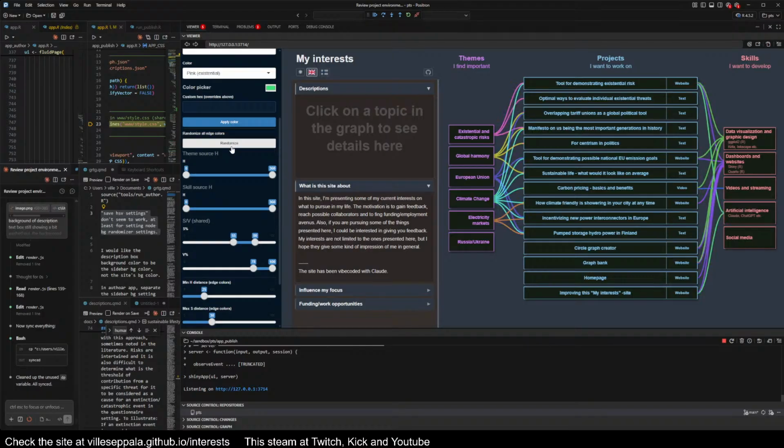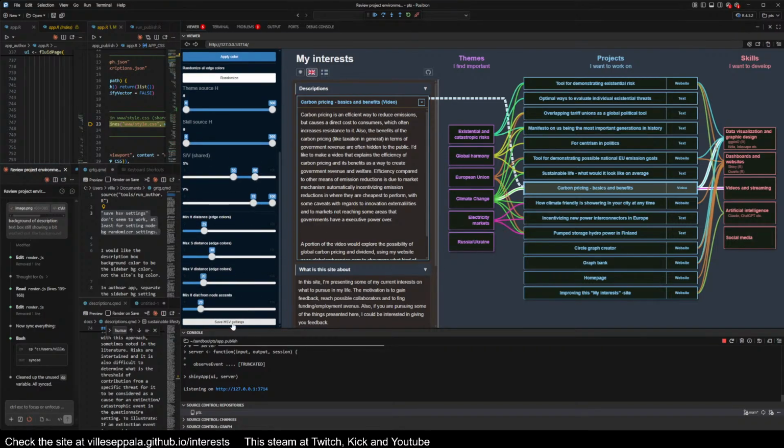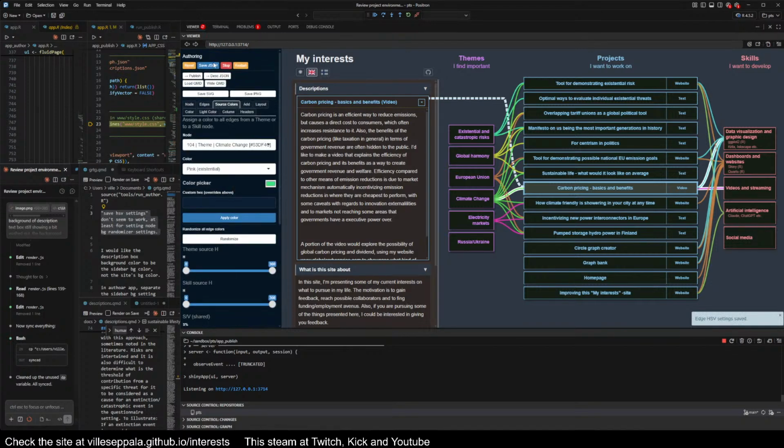I'm just trying this out till I get lucky enough. Something like this could work. Okay, save the settings and we save this one. Let's publish and